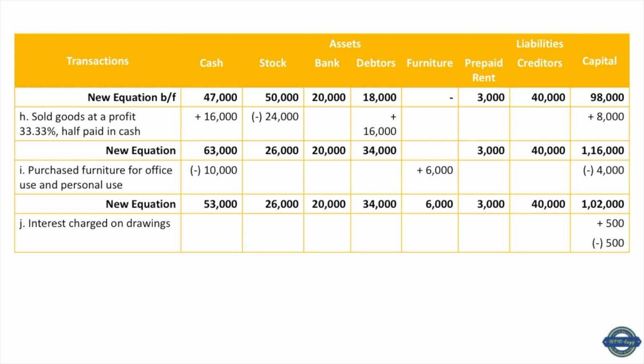Interest charged on drawings. In the previous question we have dealt with the same transaction. Since drawings is something that has been withdrawn from the capital by the owner, the business can charge an interest similarly as we charge interest on loan that has been given by the business. Therefore, all income will be charged under the capital column. So we will add 500 under capital column. Since we owe this amount from the owner, we are going to deduct rupees 500 from capital, as this has come into the business.